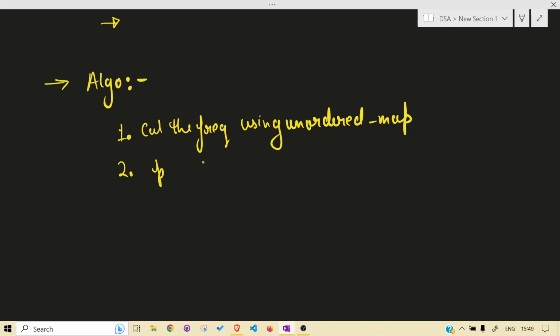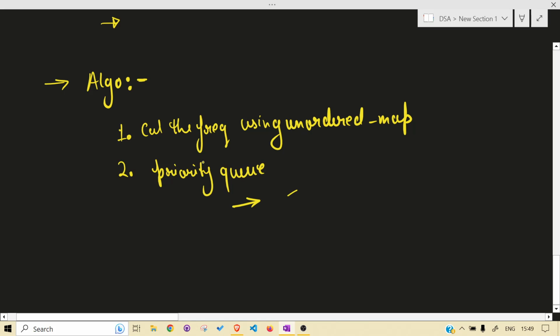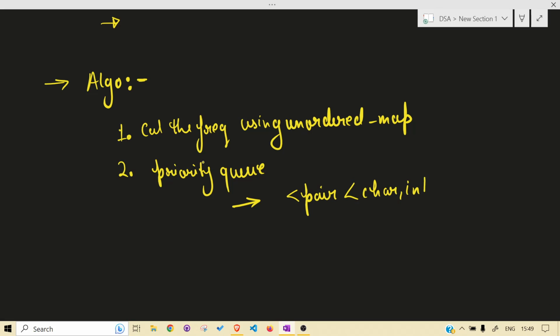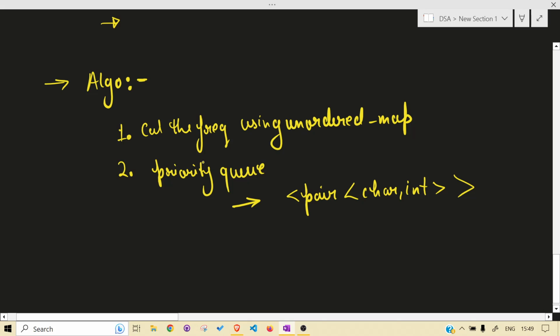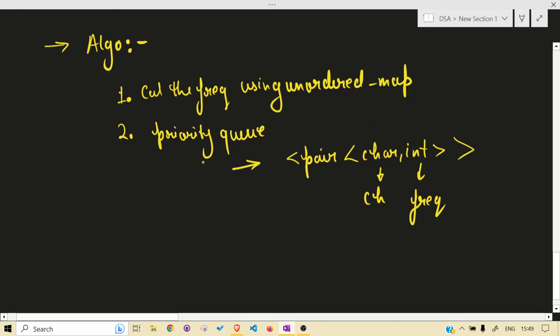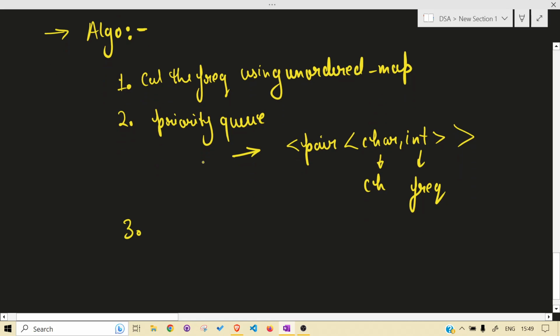Declare a priority queue, which would look like this: character comma int. Why this? This is the character and its frequency. This type of priority queue we will be using. And what we will do in the third step,